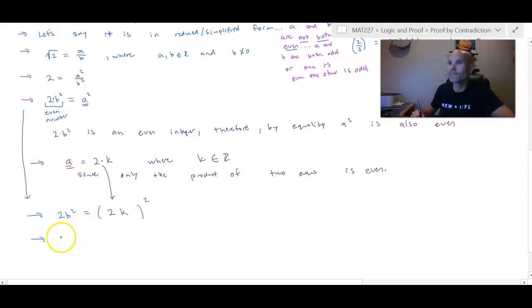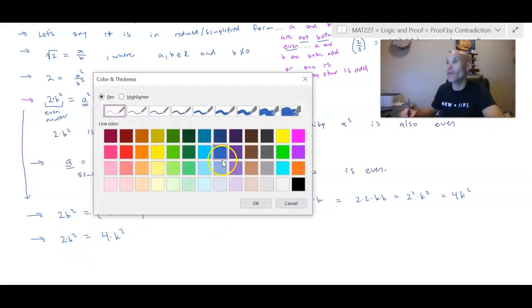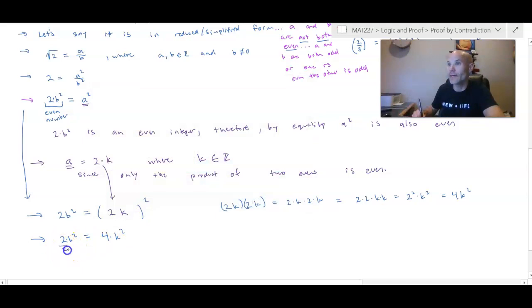Let's simplify this. 2b squared equals, remember, 2k squared by definition is 2k times 2k, which is 2 times k times 2 times k, which is 2 times 2 times k, which is 2 squared times k squared, which is 4k squared. Okay, so that means the right-hand side simplifies to 4k squared. Now let's divide both sides by 2 because I see that I can factor out a 2 from the left and the right. Divide by 2,